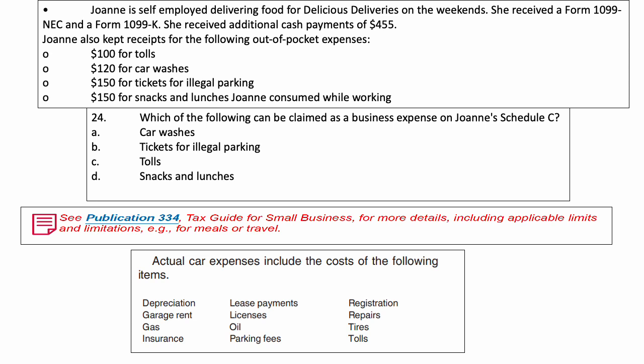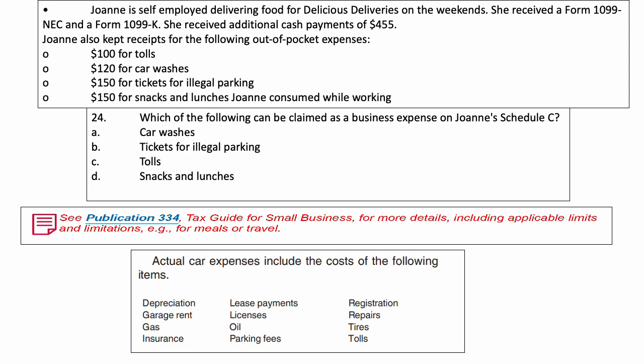So I don't know all of them. I don't know everything in terms of memorization. So I went out to the 4012 to try and determine which one of these, to answer the question, can be claimed. And walking through, I noticed that it said see publication 334, which is in red here, Tax Guide for Small Business for more details. So I went out there, and lo and behold, in that publication, there was a table,